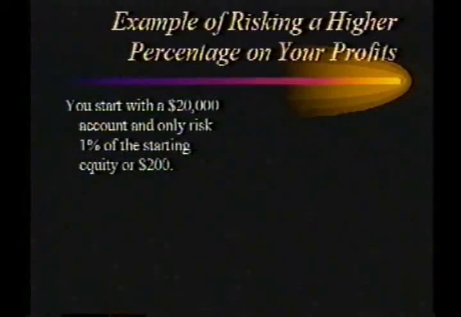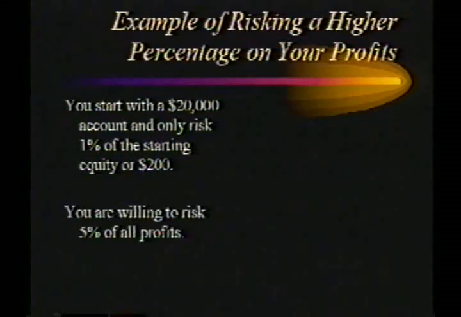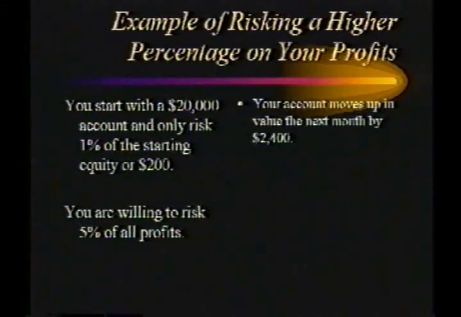So let's get an example and see how this works. Let's look at an example of how to apply this. You start out with $20,000 and you're going to risk 1% of that account, or $200 for every position, okay? But when you make profits, you're willing to risk 5% of your profits. So you start this out, and then the next month your account moves up in value by $2,400. You've now got